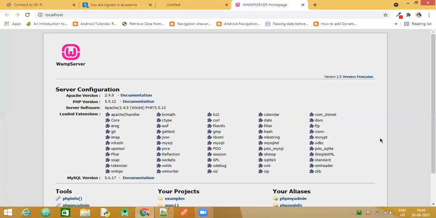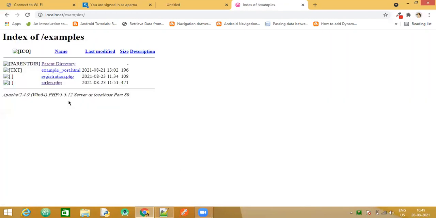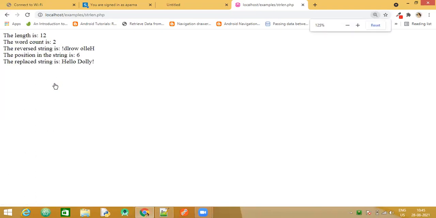So now in my C drive I have installed the WAMP server, and there in the WAMP folder inside the subdirectory www, I have created another folder that is examples. So within this, I'm having these three files. So the current example that I'm executing is string_length.php. So once I click on this, we are able to see the output.